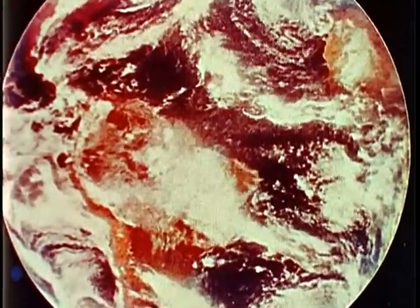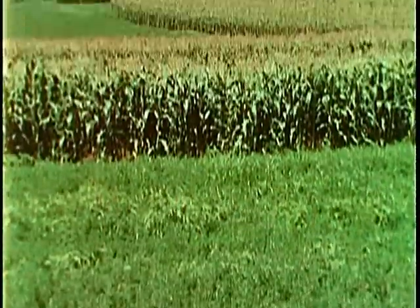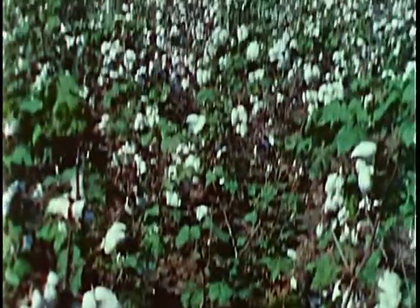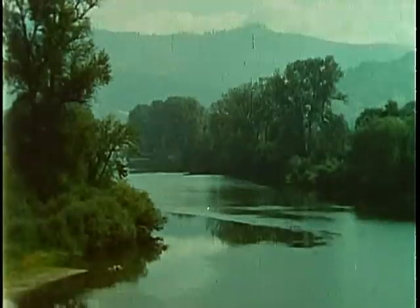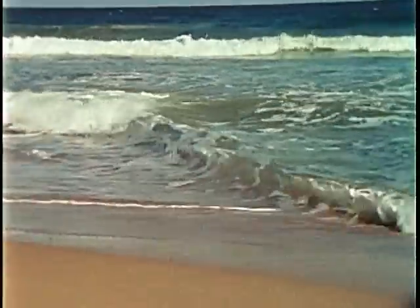The Earth seen whole is a compelling reminder of the need to safeguard our earthly resources: soil and the land, food and fiber, the forests, the rivers, the lakes, the seas, the oceans,